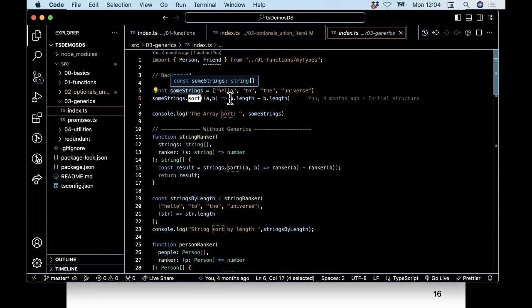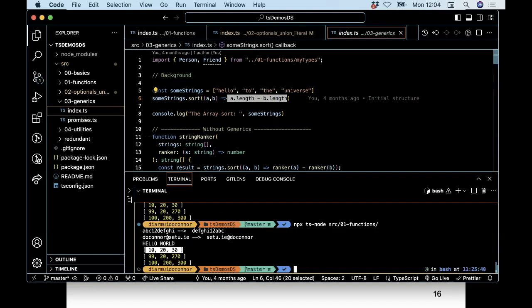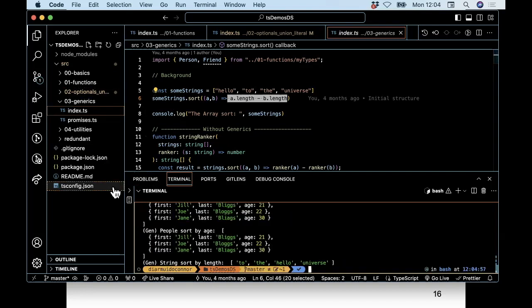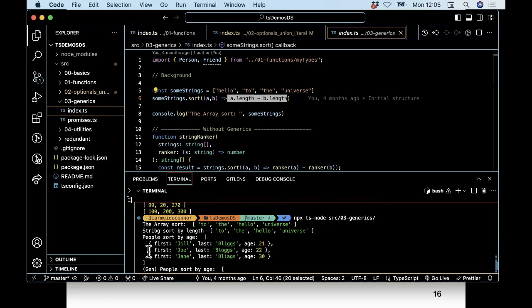So in this case, essentially, I want to sort my array based on the length of the various strings in the array. And I'm console logging it, and if I run it, I get the result that you would expect, but just to prove it, yeah, I'm getting the strings in increasing length order. So that's fine. That's just sort, and that's by way of background to what I really want to talk about,